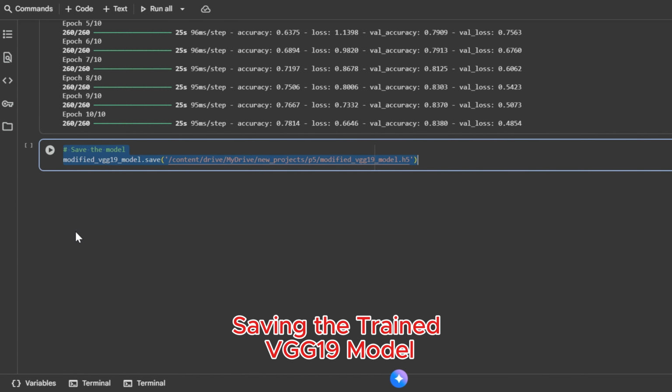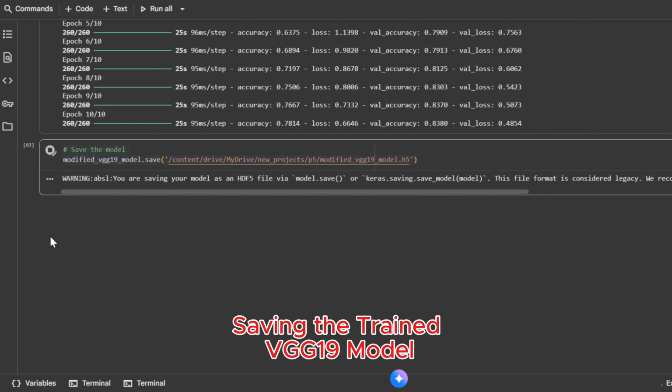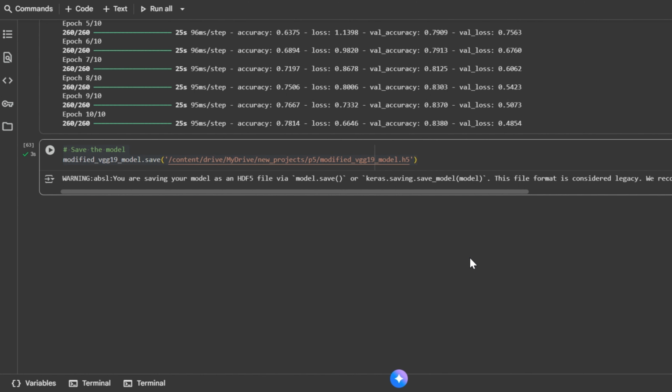Saving the trained VGG19 model. This code saves the trained modified VGG19 model to a file in HDF5 format. The save function writes the model architecture, weights, and optimizer state to the specified path, allowing you to reload and use the model later without retraining. In this example, the model is saved to Google Drive at /content/drive/My Drive/New Projects/P5_Modified_VGG19_Model.h5. The model is successfully saved to the specified path, making it easy to load later for inference, evaluation, or further training using